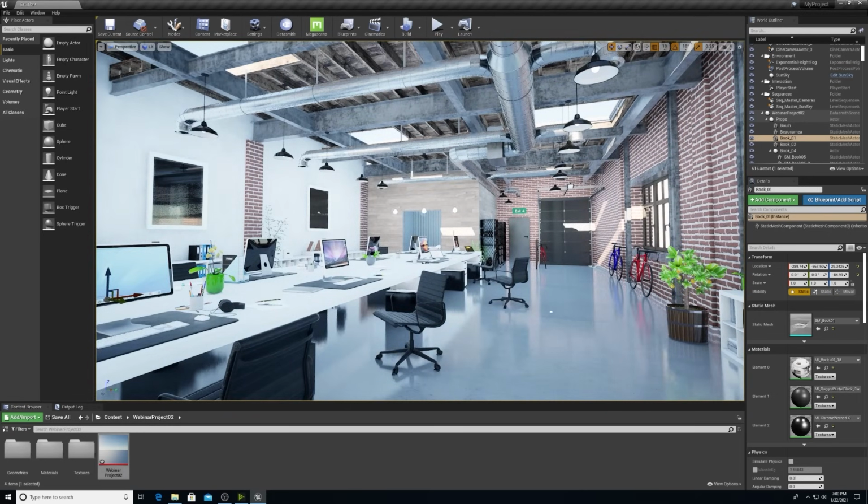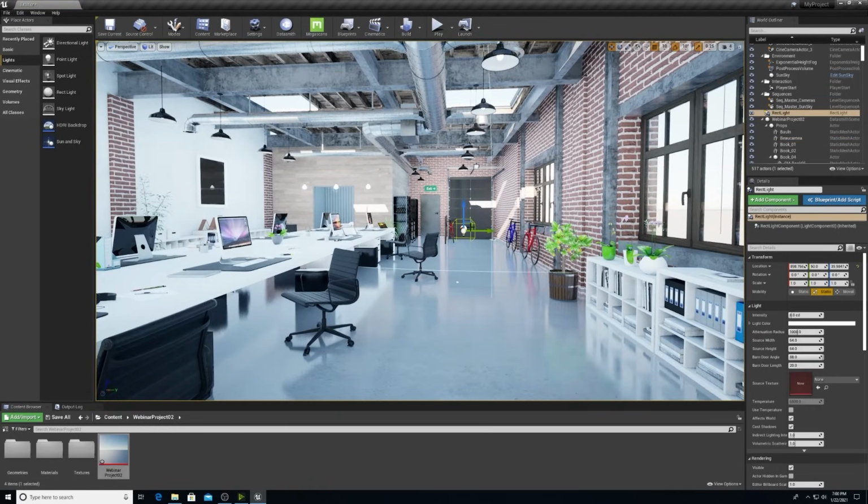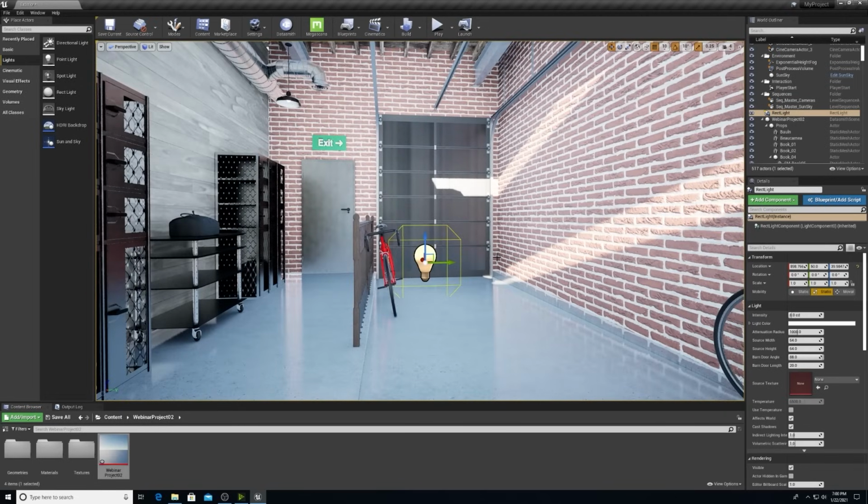Now I'm going to add in 2 lights to the space. So I'll go to the lights on the left-hand side, go to Rect Light, drag and drop that in. So you'll see that when I brought this in, a gizmo came in with it. Now on my keyboard, when I hit W, E, and R, it's toggling between transforming, rotating, and scaling, which will be helpful in manipulating assets in Unreal.